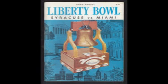Surratt getting set to call the next play. Easterly is the wingback, bottom of your screen. Surratt fading to throw. And it is incomplete, intended for Sweeney, just off the tip of Bob Hart's fingers, he deflected it. And a personal foul is indicated against Miami on the play. That will give Syracuse a first down at the 37-yard line of Miami. The penalty marker was thrown while Surratt still was holding on to the football, before he had thrown it. It's 1st and 10 for Syracuse at the Miami